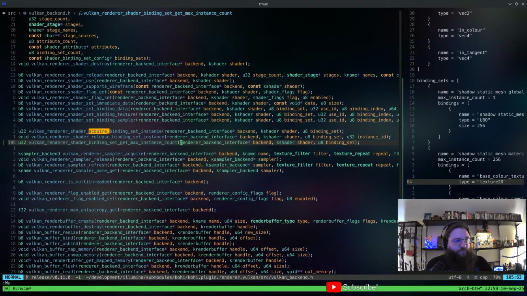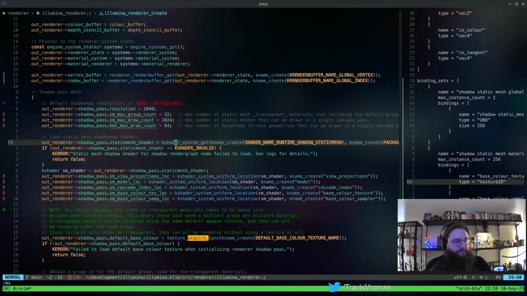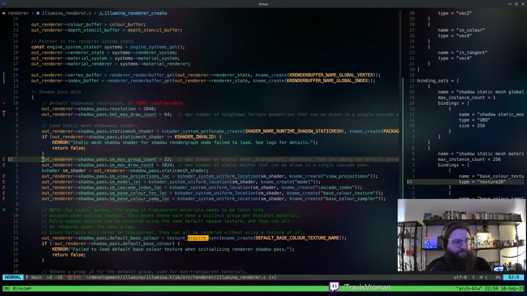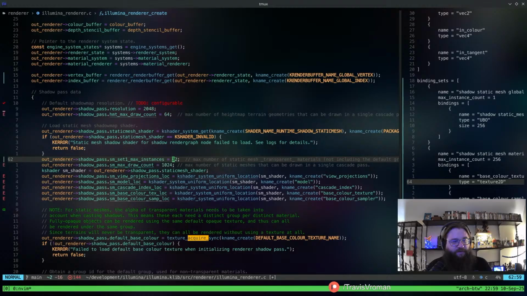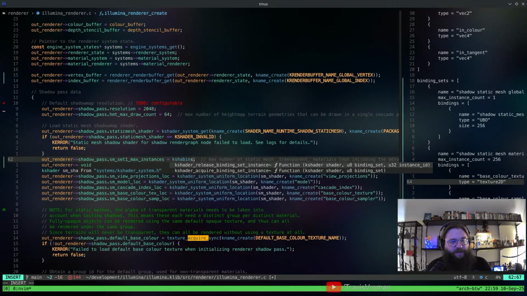Let me just put this. So now I'm going to put this here. And instead of max group count, we're going to have set one max instances is going to be K shader binding set. Why is that not working?